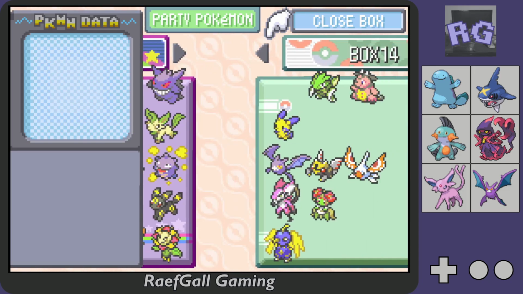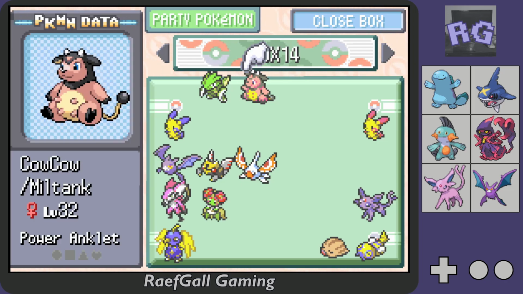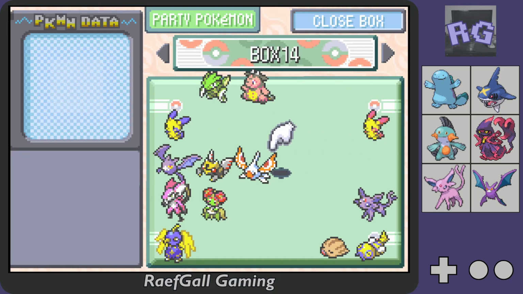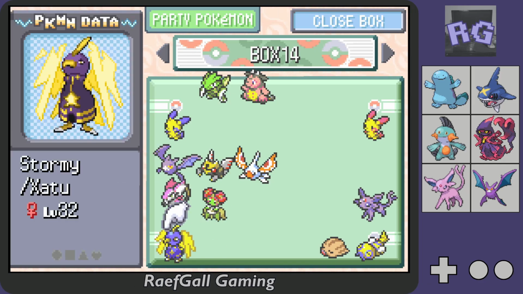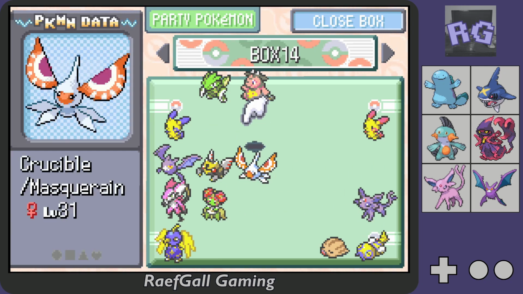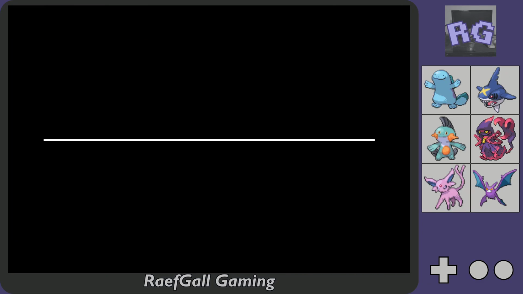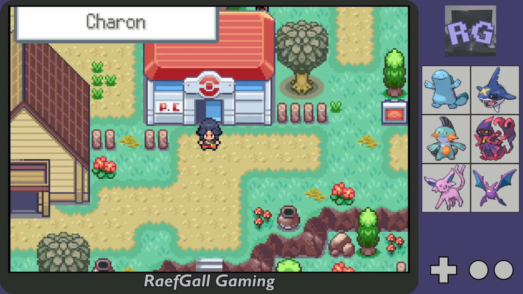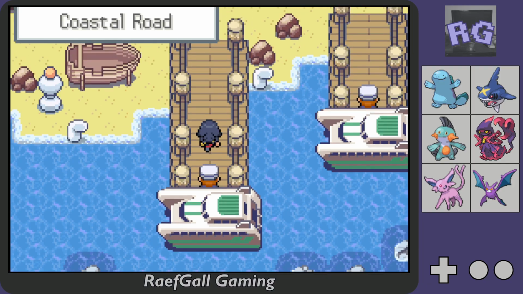And then we have our Miltank, Cow, and Croatan. Crucible, big fella is one of our shinies. And Ian. So that's Charon. I guess I will also just point out for the sake of it,